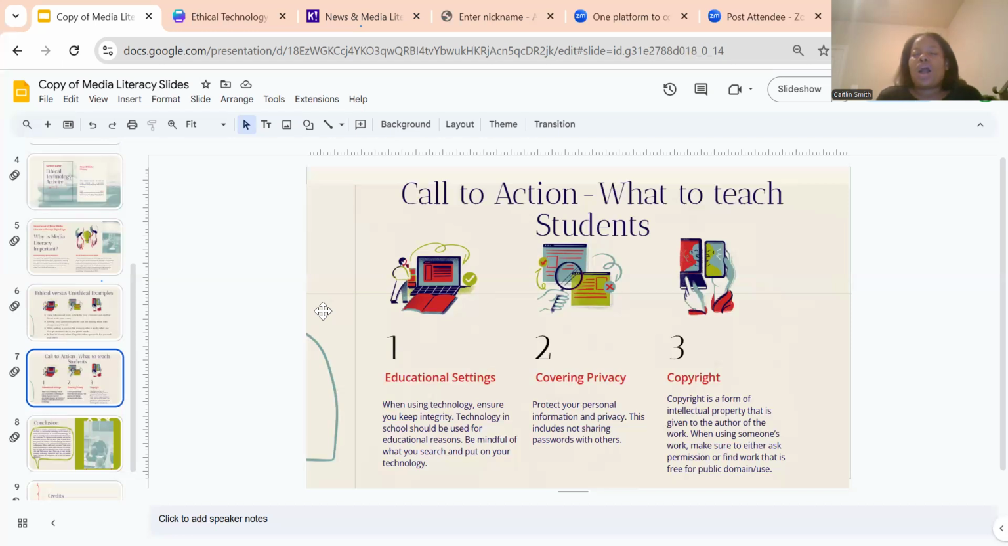So, like I said before, copyright is, students might not know this, a form of intellectual property that is given to the author of the work. When using someone's work, make sure to either ask permission or find a work that is free for public domain use. So going back to citing sources, but also the public domain and copyright,